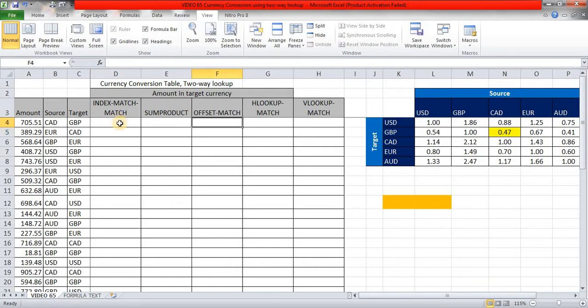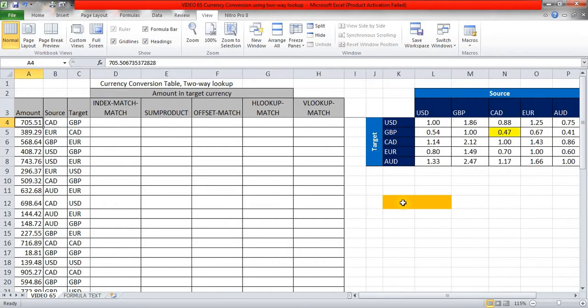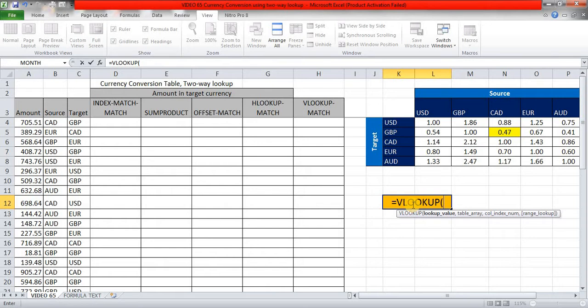So let's begin now. Because this database or this table is huge, I'm going to build this formula in this cell and then we'll copy it to the table. So to start with, I'm going to use VLOOKUP and MATCH. Now VLOOKUP is probably the most favorite and most widely used function in Excel. So I'm going to start with the VLOOKUP and MATCH combo. So equal to VLOOKUP, tab. Now in terms of rows, that is vertical VLOOKUP, we are having our target currencies in rows. So I'm going to look for this GBP,